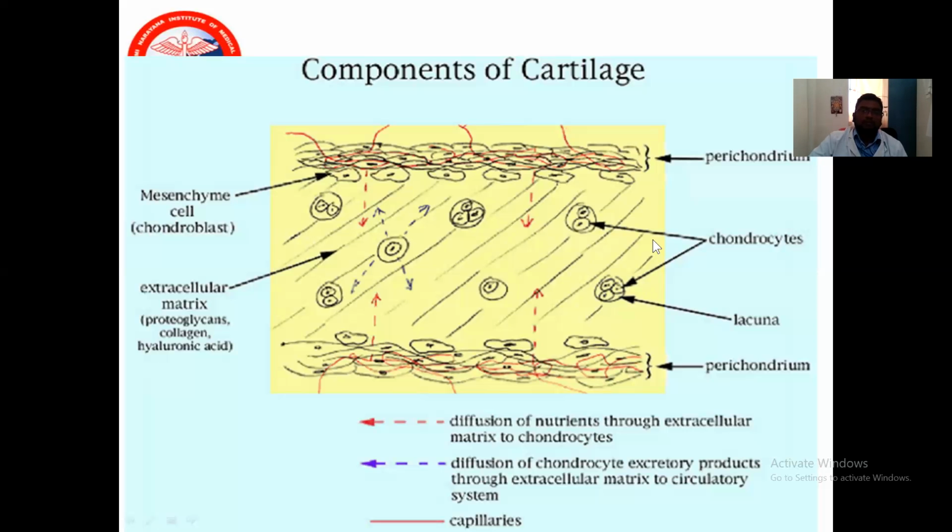Here you would be able to get the perichondrium, which is the outer aspect of the cell. Then the chondrocyte, that is your cell, and then you'll be able to get the ground substances. Inside the ground substances you'll be able to get your collagen fibers. Normally the cartilages